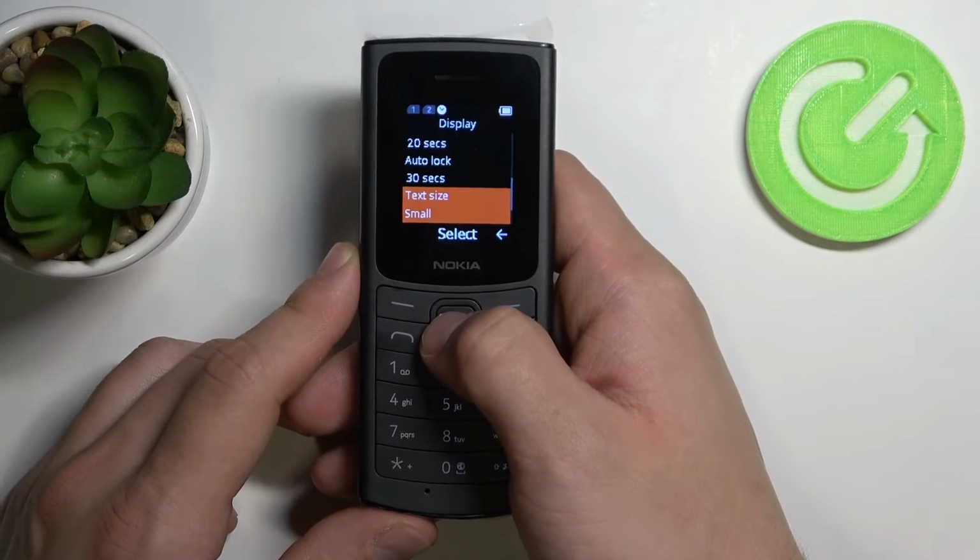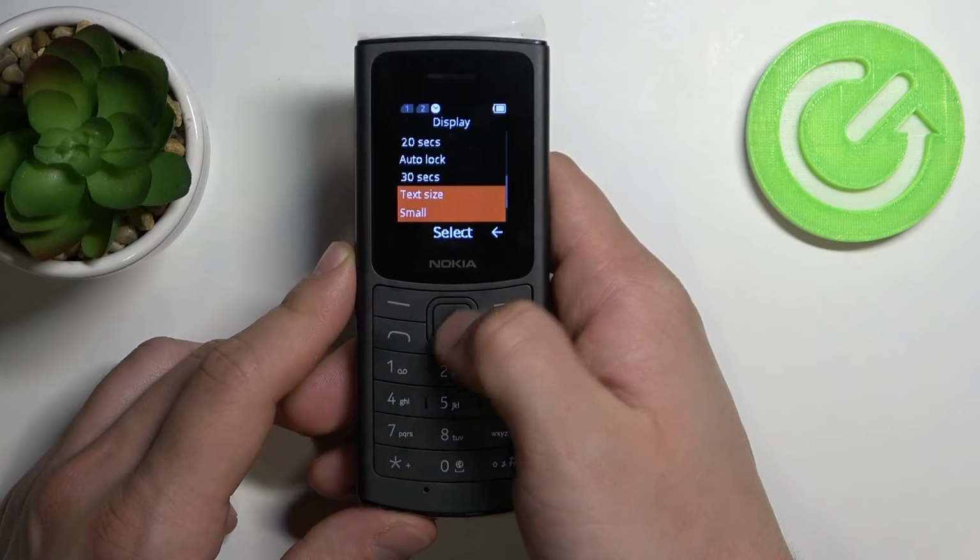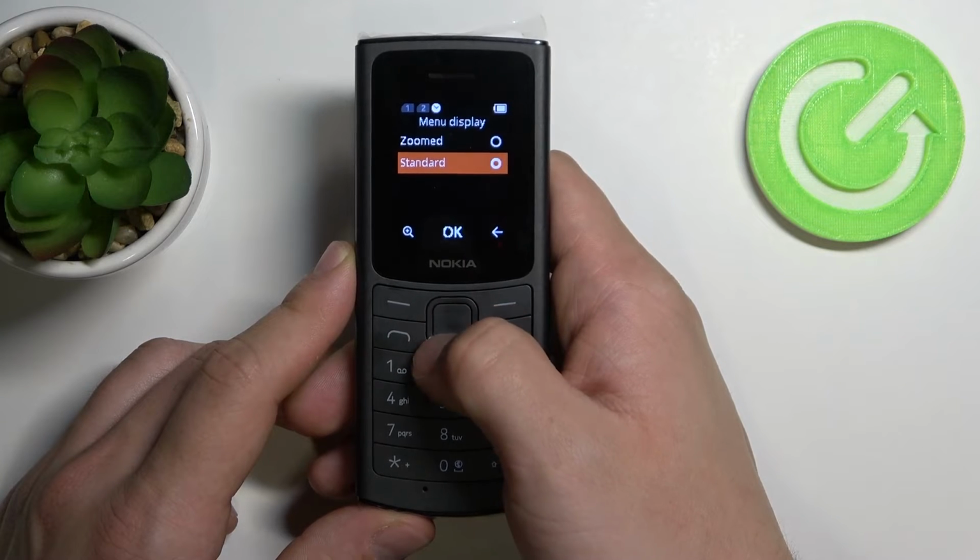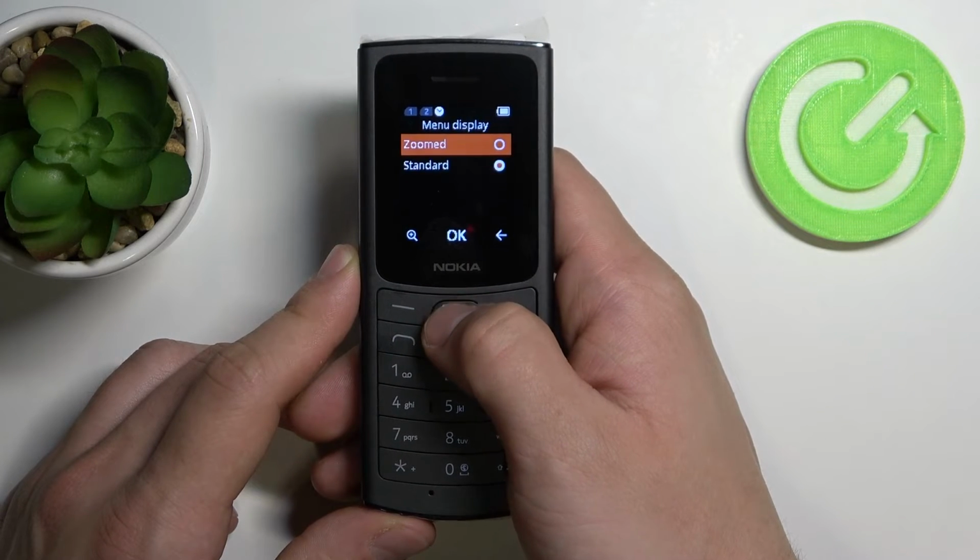Also, we can change text size, we can adjust menu display,